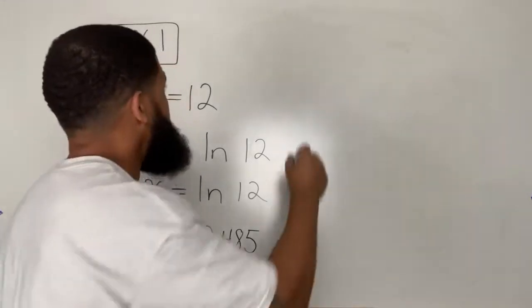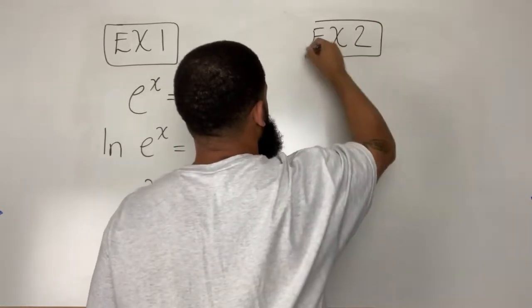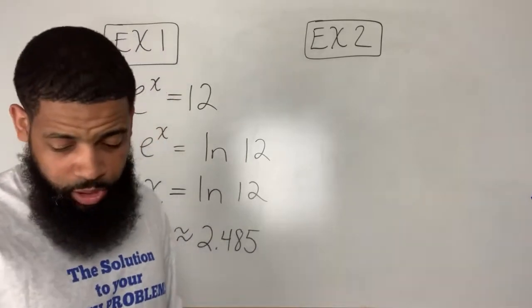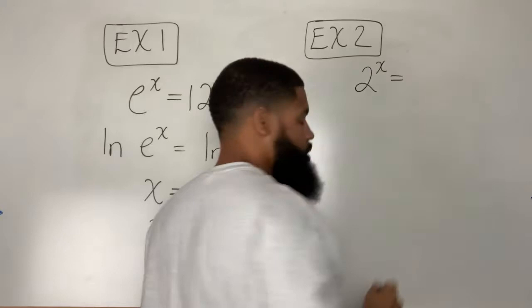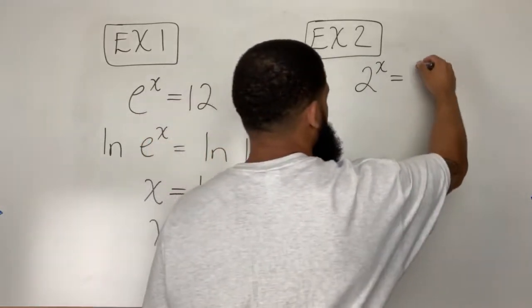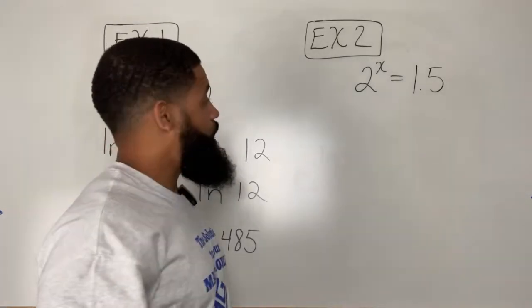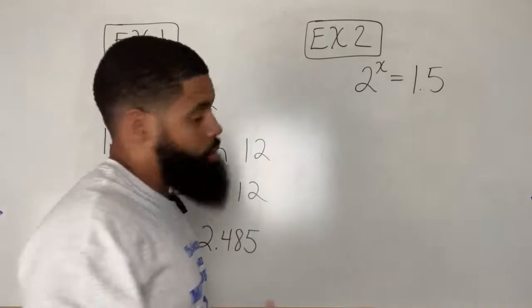All right, example 2. And remember, even in these, whatever you do to one side, we have to do to the other side to keep the equation balanced. 2 to the x power equals 1.5. Okay, now if I want to solve for x, I need to take the log of both sides,